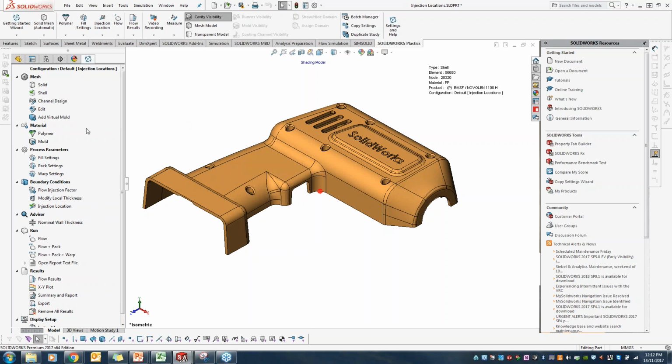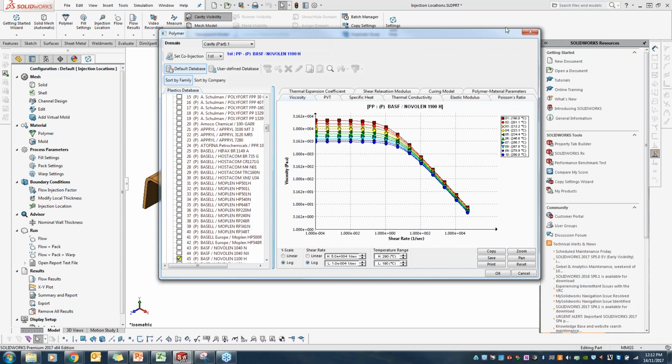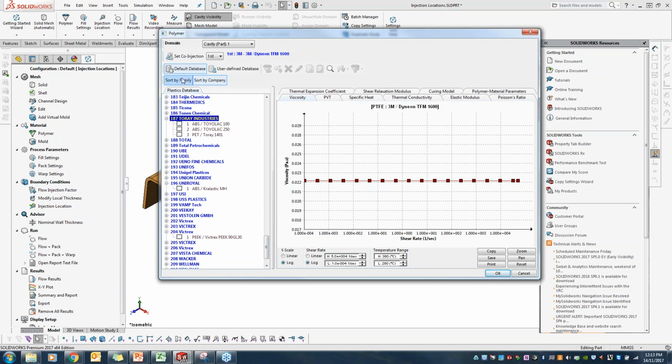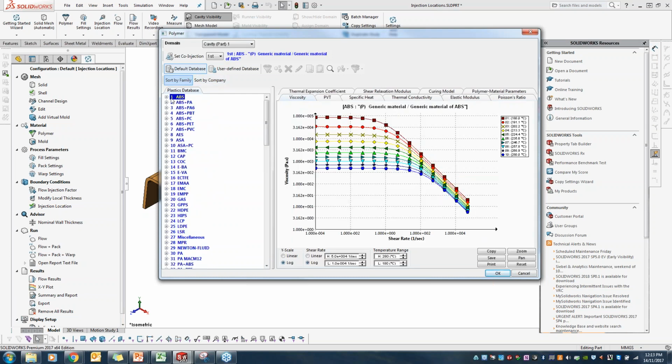All right, after this point, what we need to do is put in the material. This is one of the very important assets and advantages of SOLIDWORKS Plastics. We have a huge library of materials sorted by family type or by the companies making them. By company, there are 211 companies with their products listed in each subcategory. If we look at the family view, again you can see